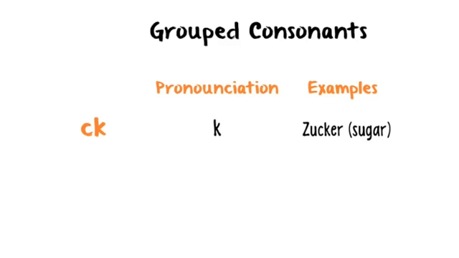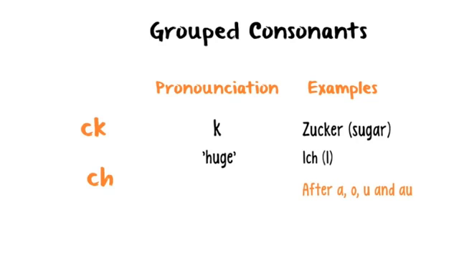The second letter combination is CH. There are three different ways of pronouncing this letter combination. In the first case, this letter combination sounds simply like the H in the word huge. Here we have the example of the word ich, which means I. In the second case, there's a specific rule. After the letter A, O, U, and AU, it's pronounced like the guttural CH in the Scottish loch. Here we have the example of the word Buch,